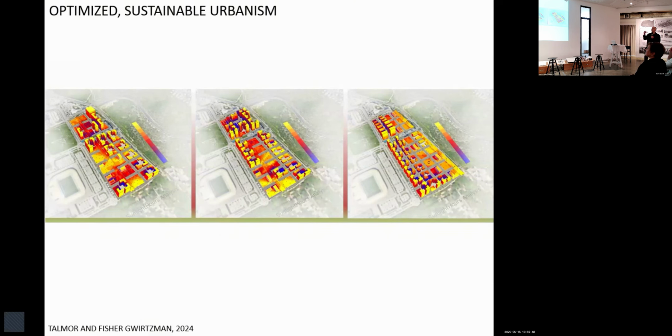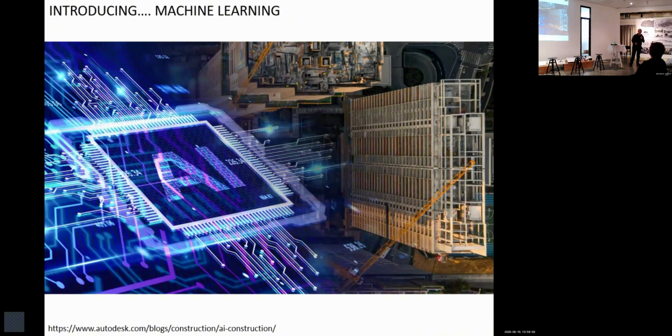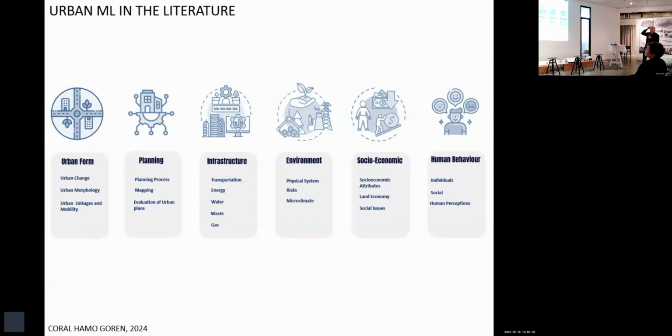So I think this is a very strong theoretical foundation of urban computational design today, and it's a very good one. And now we have something different, which is machine learning. It's the new obsession. Everybody wants to have a piece of it. But it's a technological, not a theoretical development, and it's not very clear what we should do with it. In the last 2, 3, 5 years, there's been a lot of research about urban machine learning.